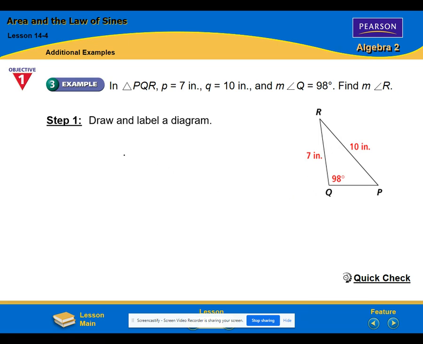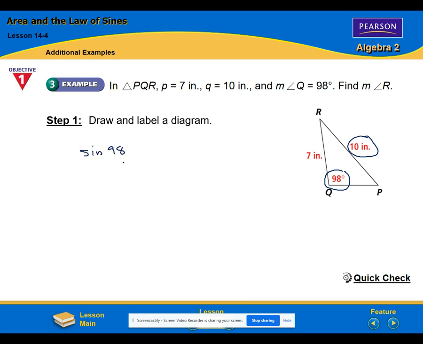And again, what I need to have is this opposite this. If you don't have both values known, some angle measure where you know the measure, opposite a side length where you know its length as well, you can't use the law of sines. And you might have a question, well, what do you do then? Well, that would be the next lesson, law of cosines. But if you have this, you want to use the law of sines, and we're going to go sine of